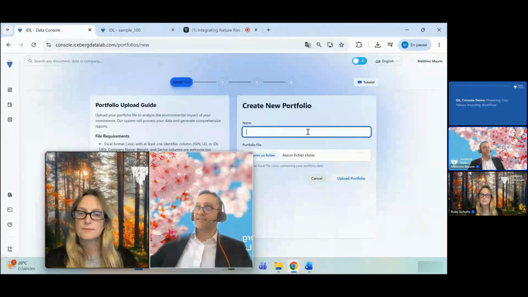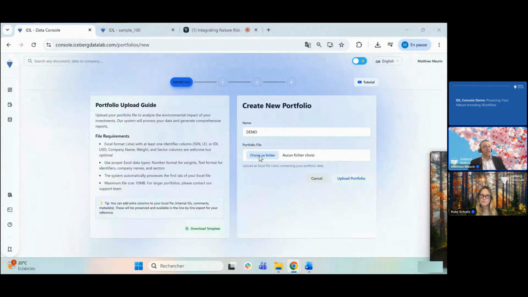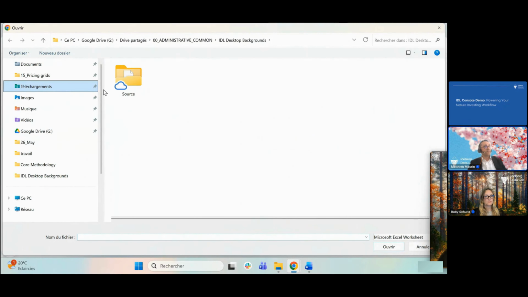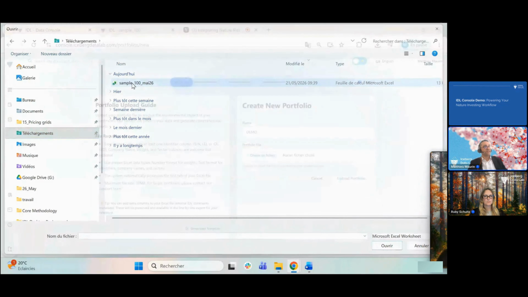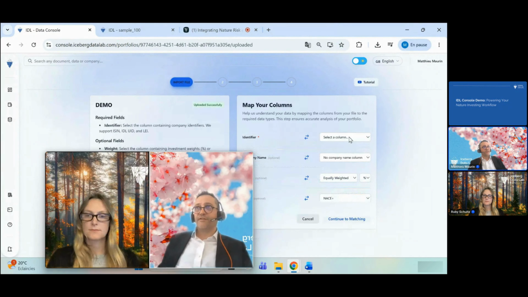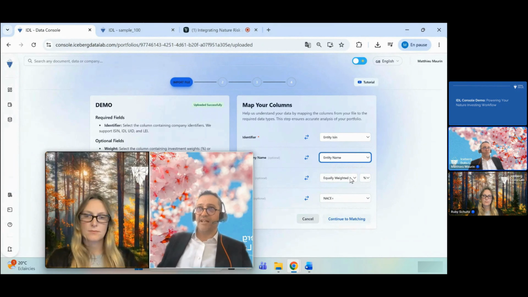and simulate what happens if I am a portfolio manager and I want to appraise the impact of nature that a portfolio of 100 lines, which is a diversified portfolio from a sectoral standpoint, may have from a biodiversity standpoint. So we have several identifiers which can be selected. We have to identify the name of the company, amount of relative share, that portfolio its amount, and here we can map it along several nomenclature.